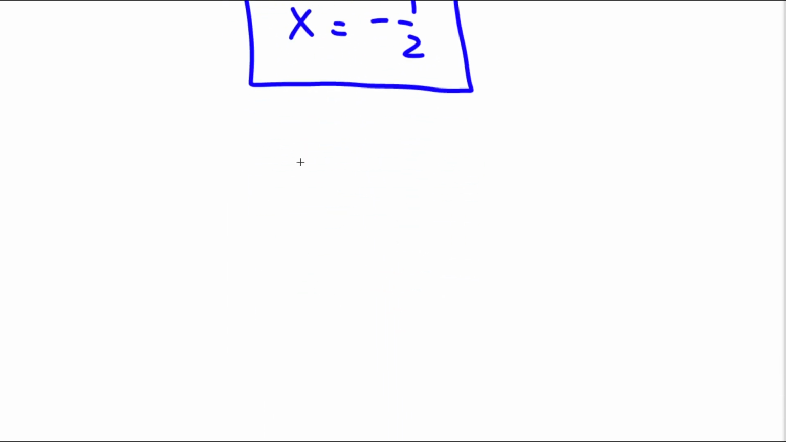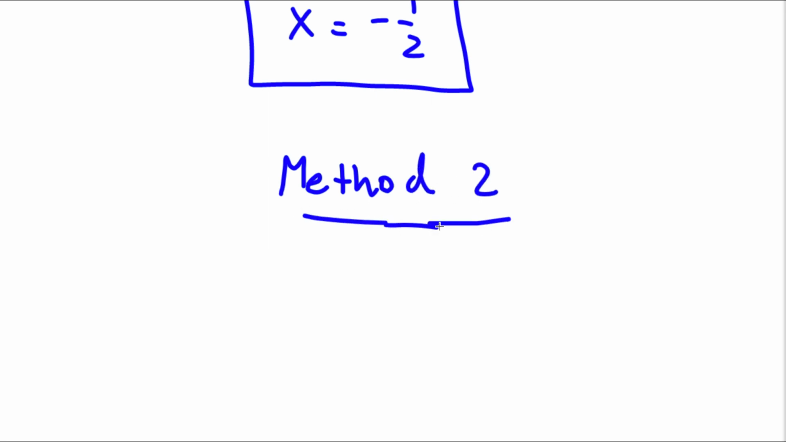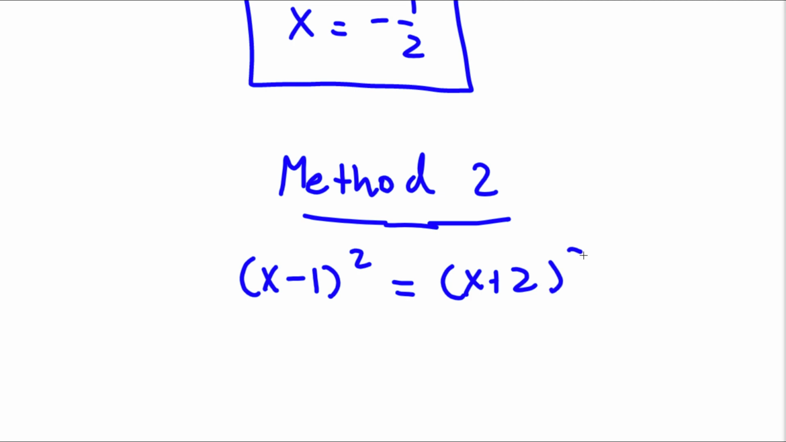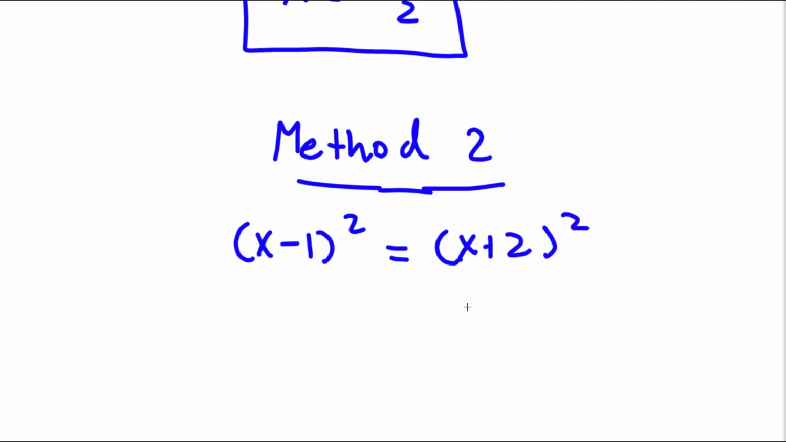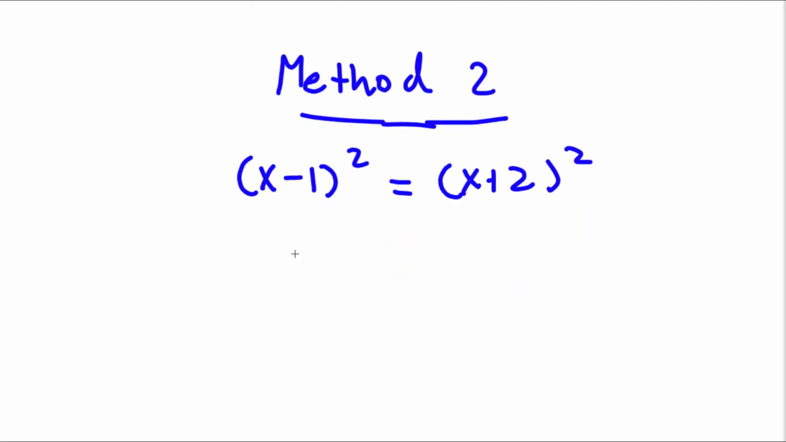Now, I actually have a second method to solving this problem. So method 2. Our original equation was (x - 1)² is equal to (x + 2)². So (x - 1)²,